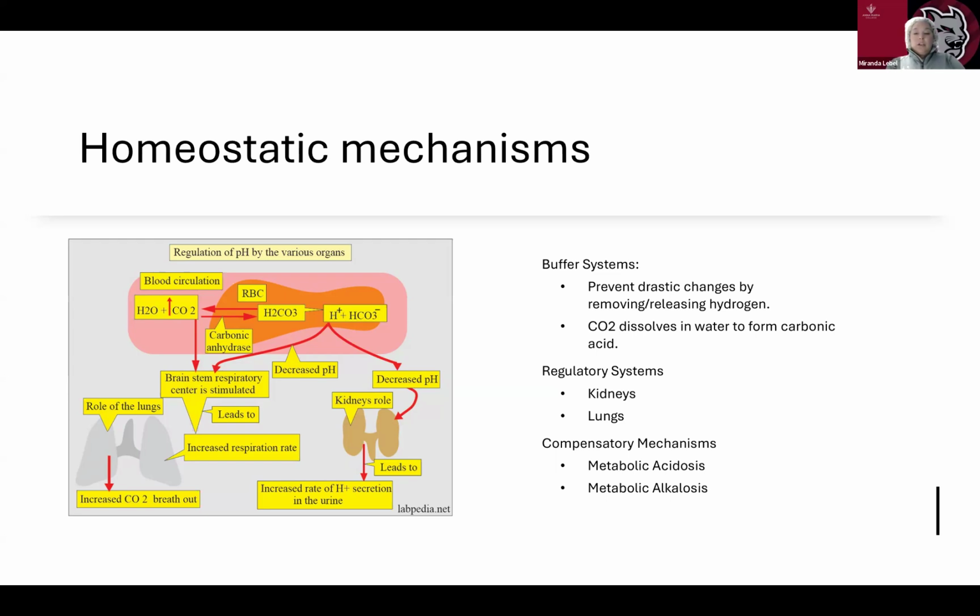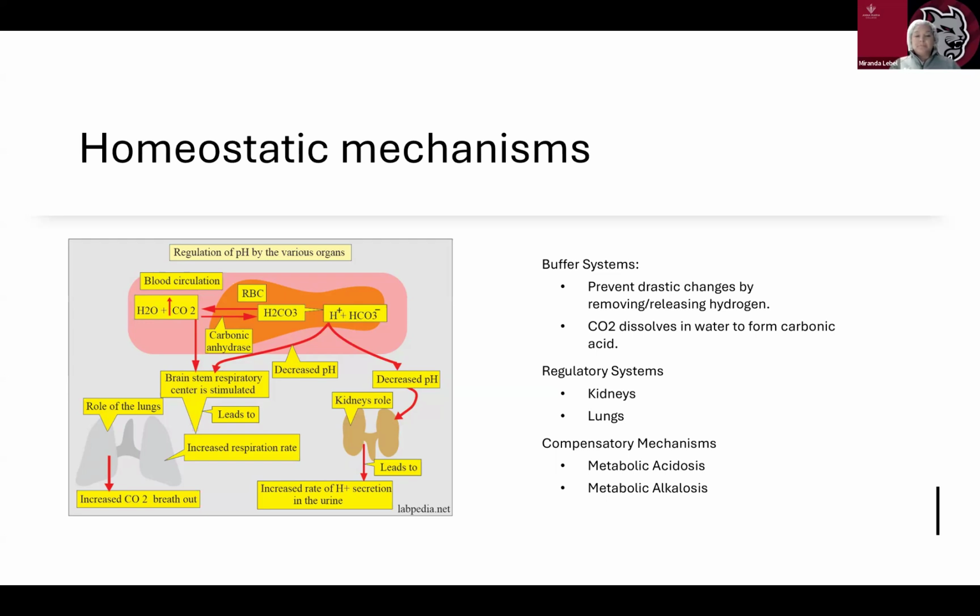And then we have CO2 and carbonic acid. CO2 dissolves in water to form carbonic acid, so that would be H2CO3. And increased CO2 equals increased carbonic acid, which will alter the pH. A decreased CO2 is going to decrease that carbonic acid and alter the pH. And then we have some regulatory systems. So the kidneys regulate bicarb levels by regenerating and reabsorbing bicarb ions. So they have those compensatory